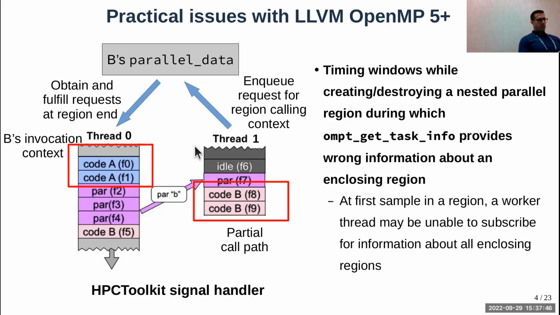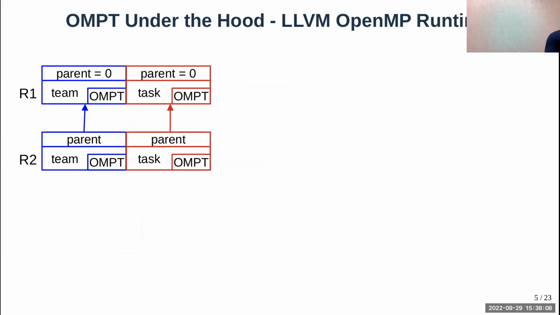What we notice is that there are two timing windows while a thread creates or destroys a nested parallel region during which the OMPT get task info routine provides wrong information about an enclosing region. And this results in a worker thread possibly not being able to always subscribe to receive information about all enclosing regions. To better understand this, we need to dive a bit under the hood and understand how the LLVM runtime